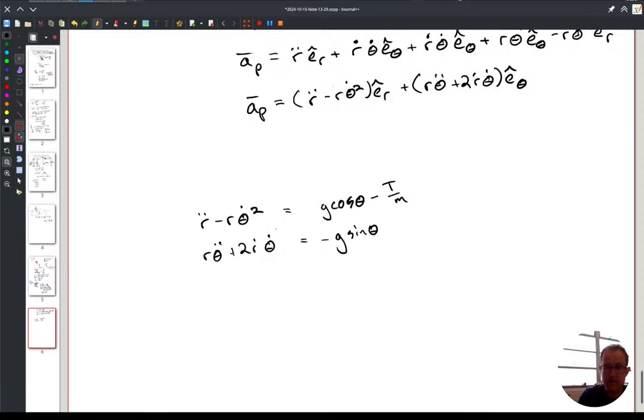I know that r, so remember we have our constraint, it's only 1 degree of freedom. R equals L, r dot equals 0, r double dot equals also 0. So anywhere I see an r double dot or an r dot, it's all gone. That has to be 0. And they end up with,